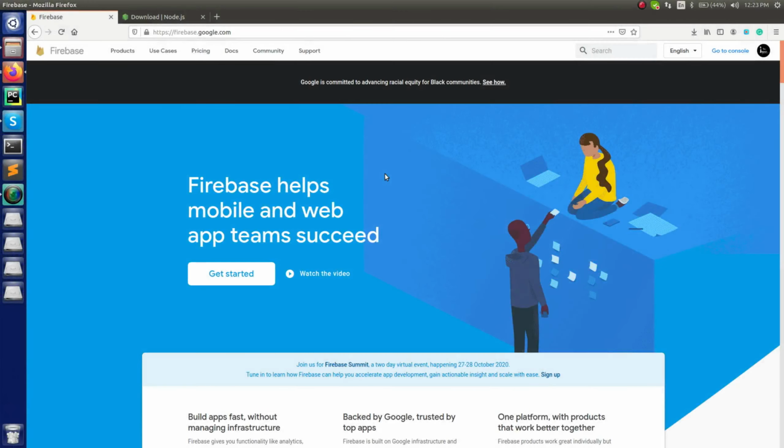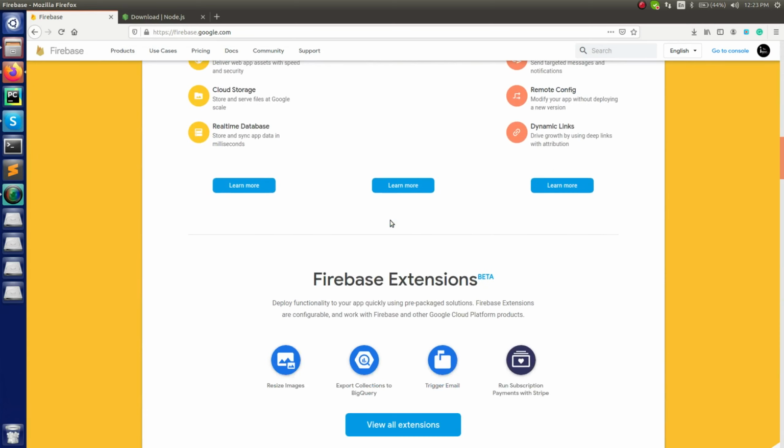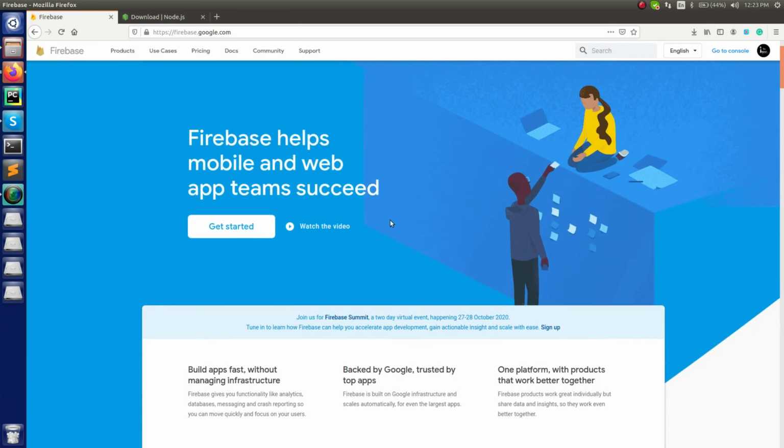Alright, now let's understand how we can host a website on Firebase for free. So this is all that we will learn, and for that you can see this is the official website for Firebase, and Firebase is not only applicable up to the hosting part, it is also a very good platform for IoT, which is Internet of Things, and many more, right? So this is all about that. And for that, firstly, what exactly we have to do is we must first go to console, because there we will be starting working on the hosting part, right? So for that, let me show you how we can do it.